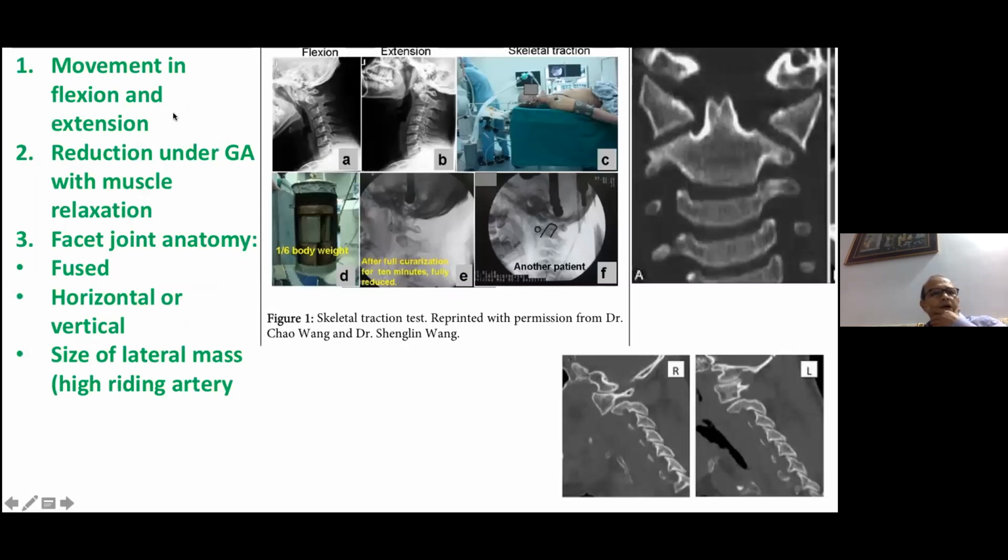So in workup, we need to know whether it is so-called reducible or irreducible by having flexion and extension views. And then you can try the reduction under GA, giving muscle relaxant for about 10 minutes, and in most of the cases you are able to reduce it, unless in those cases which I have discussed, that there is something which is preventing the reduction. So if those factors are there, you have to address them, which